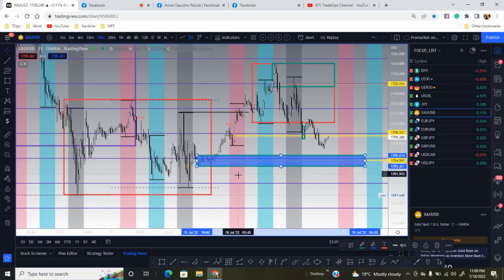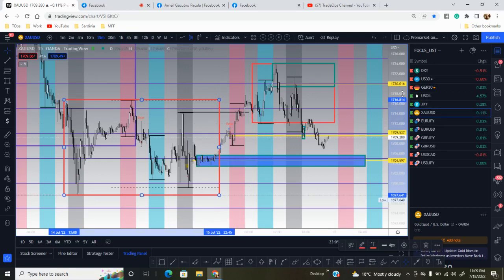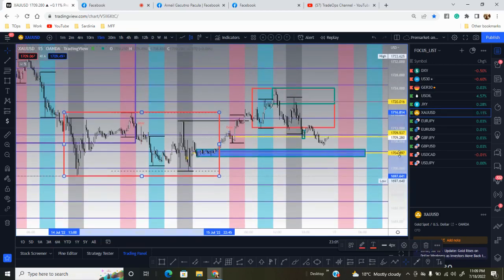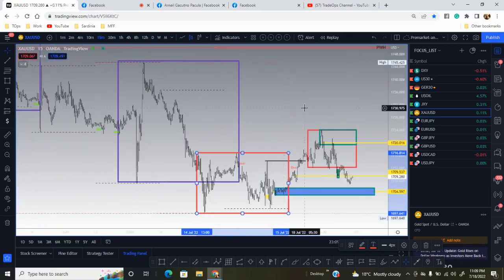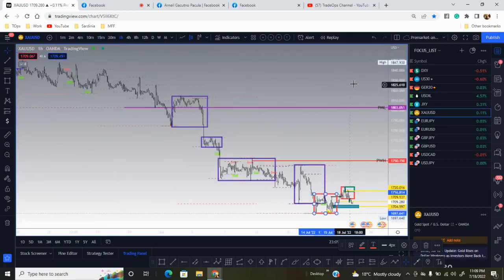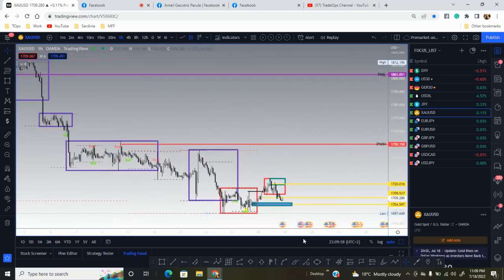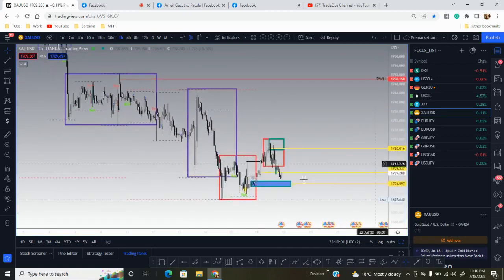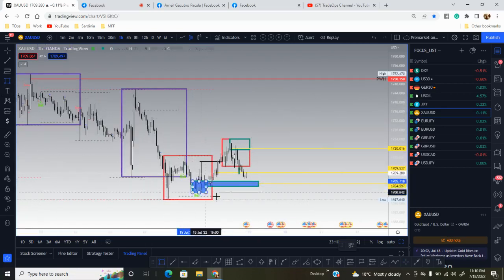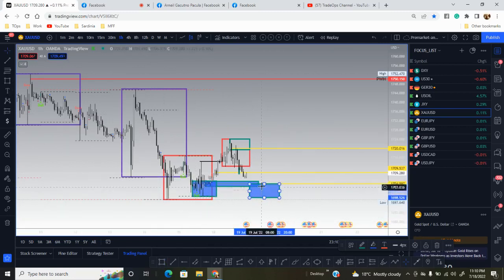So however, kapag yung price ay nag-go lower than this first box, then we should invalidate this long position. Kasi makikita nyo, downtrend pa rin yung oil. Yung gold. So it might still continue to move lower. However, kapag nag-hold siya this area or this low of the previous day, malamang pwedeng magkaroon ng double bottom si gold. So here is the first, and here can be the second bottom.